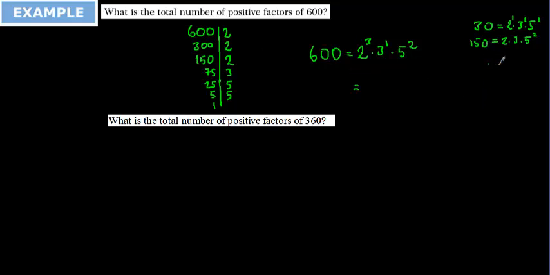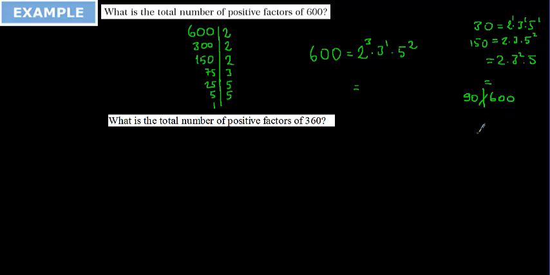Let's say 3 to the power of 2. Let's write any number with 3 to the power of 2. We are going to understand that it's not going to divide. Let's say 2 times 9 is 18, times 5 is going to be 90, and 90 doesn't divide 600 because